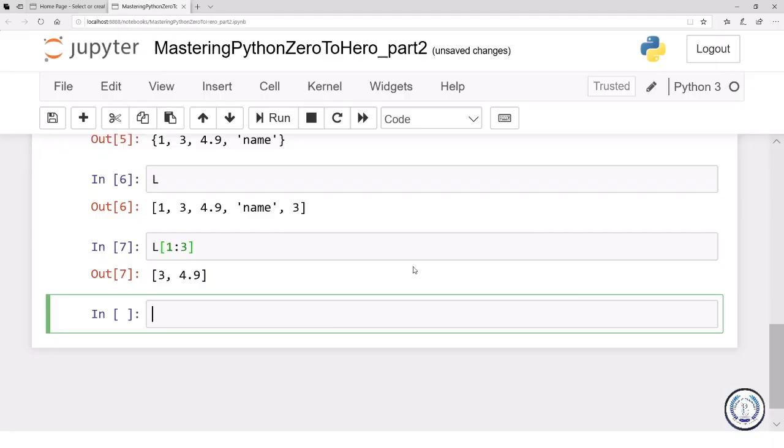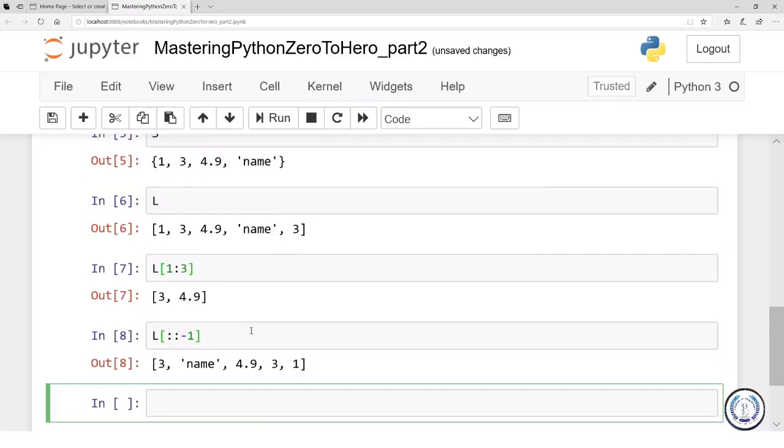So for example, if I say list, start from the beginning, go to the end, but then I just give -1, it will reverse the whole list. I mean, all the things that we saw in strings, the indexing stays exactly the same in lists as well